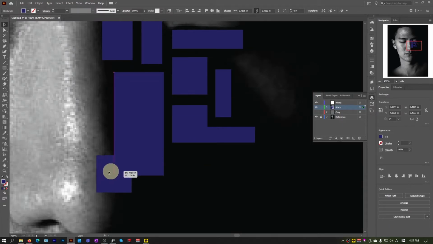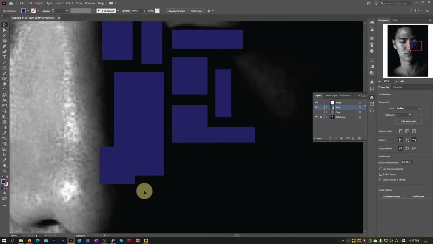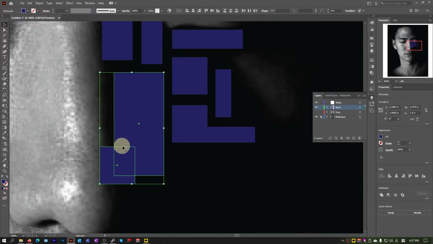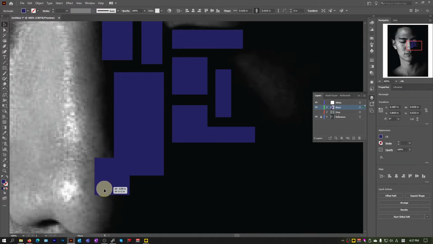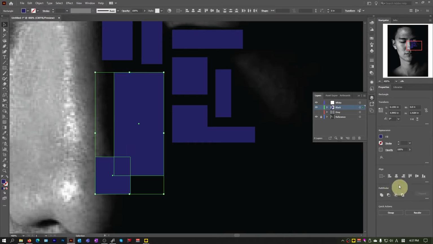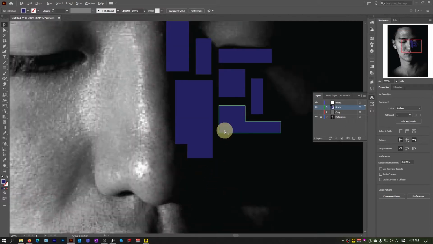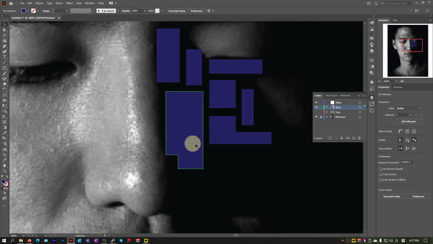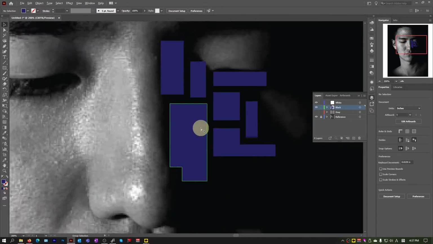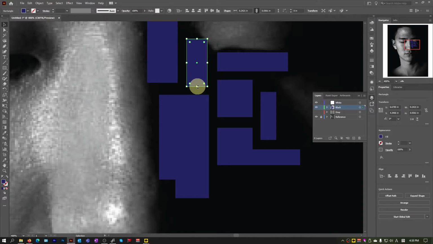And what if I use this square to cut into this rectangle right here, just to indicate my nose line here, like that, and then boom. I think that's quite interesting, but I feel like it's getting a little too blocky, so I might